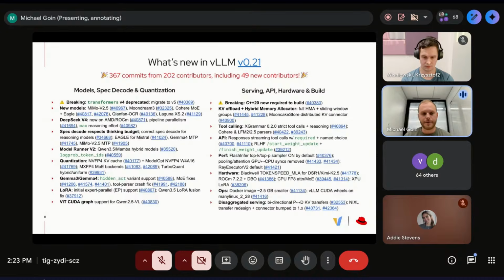In terms of LoRA, we finally added initial expert parallelism support. So before, if you wanted LoRA on MoE models, you were restricted to tensor parallelism. Now expert parallelism is supported, which should be great, especially if we eventually scale up to elastic expert parallelism. Yeah, and a lot of work in terms of KV offloading and the hybrid memory allocator.